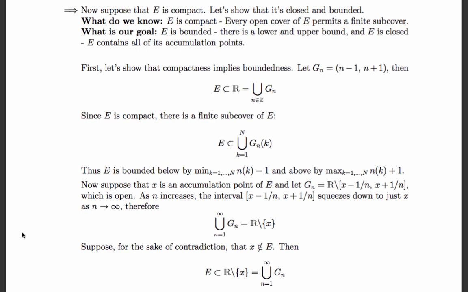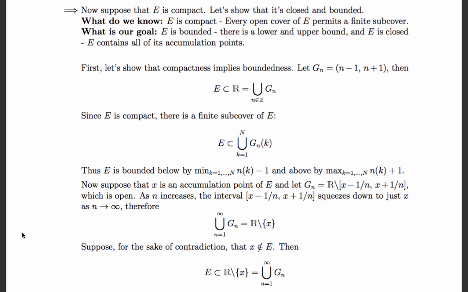Then if I took the union of such neighborhoods for every integer n, from negative infinity to positive infinity, I would have a cover of the real line. In fact, I would have exactly the real line, which of course contains E. And since E is compact, there must be a finite subcover of this